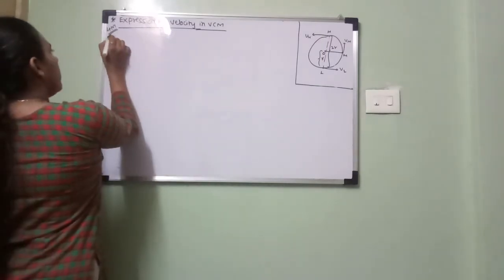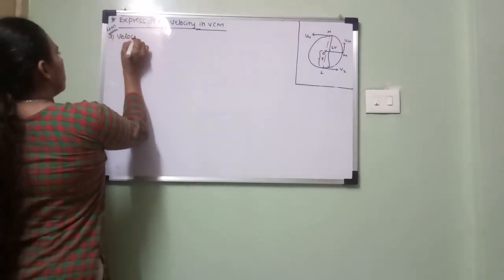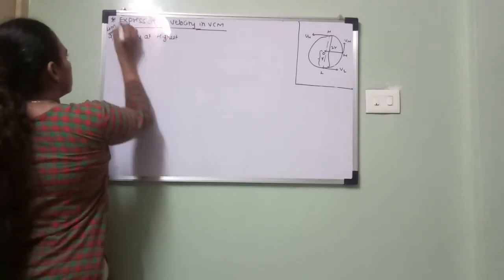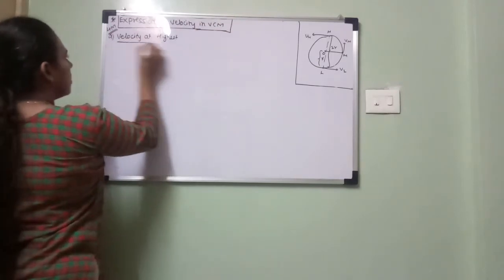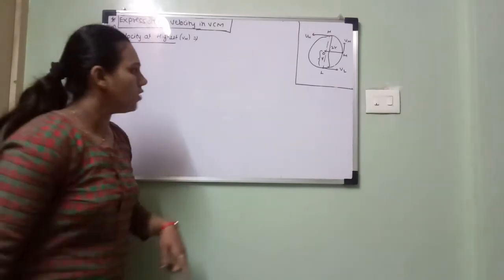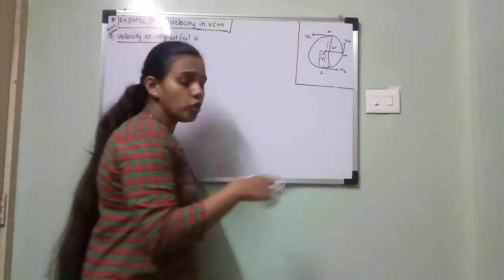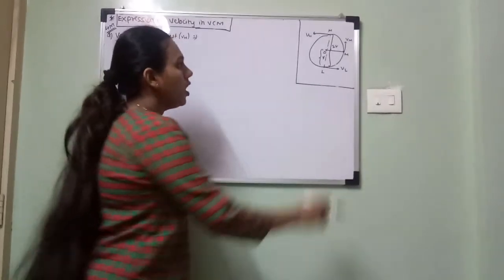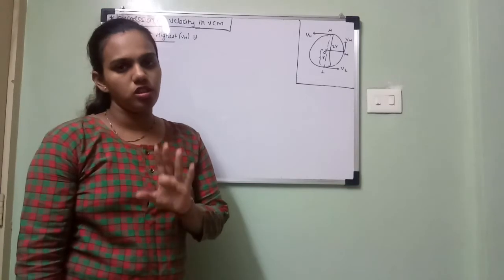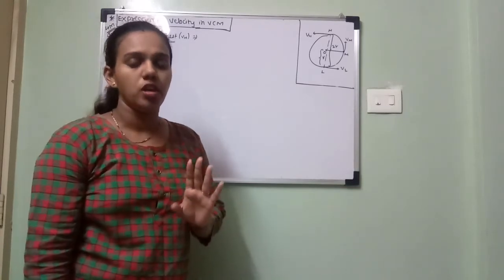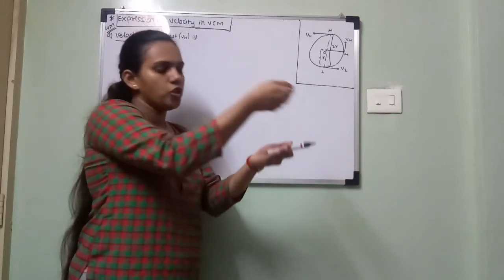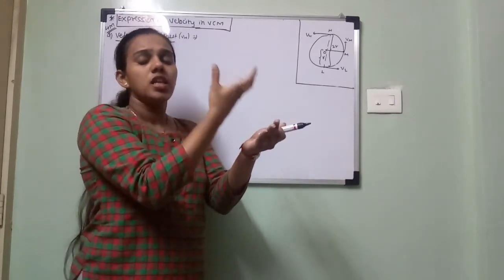Okay, so first we will derive the velocity at highest, Vh. When you want to derive this, if you want to continue the vertical circular motion, the tension at this highest point should be greater than or equal to 0. This is the condition to find the velocity at the highest point. Why? Because when the body is coming from the lowest position to the highest position, it has the influence of gravity.